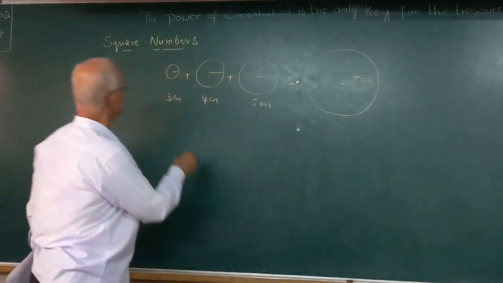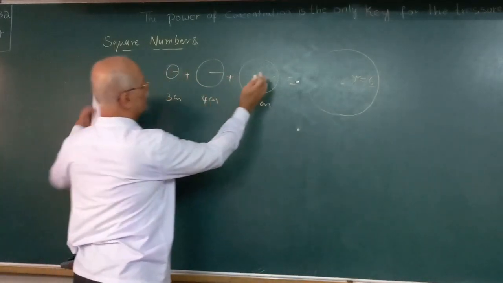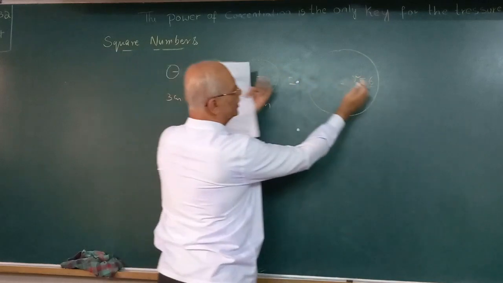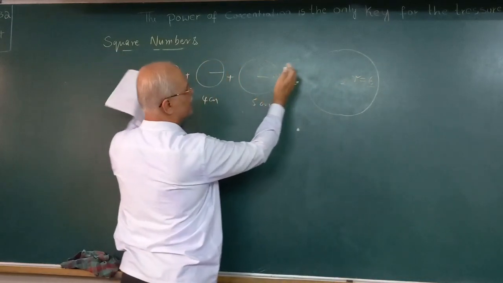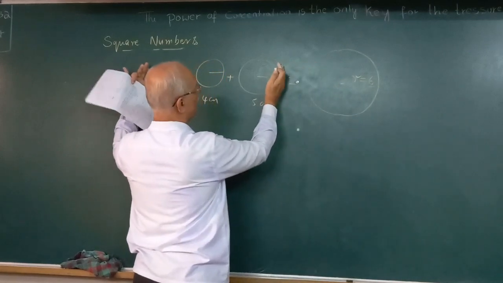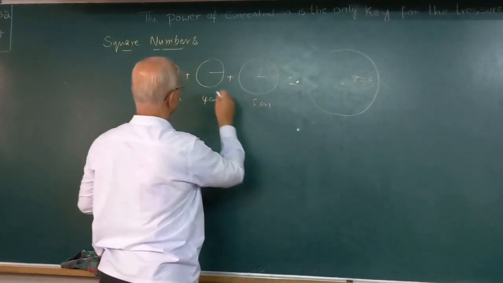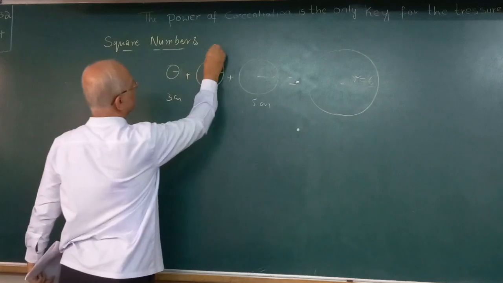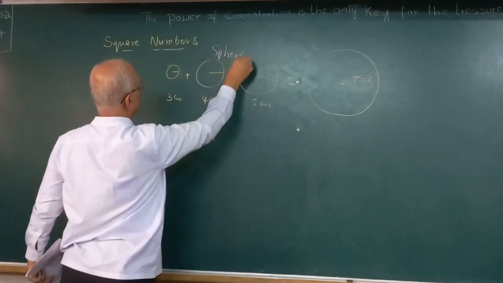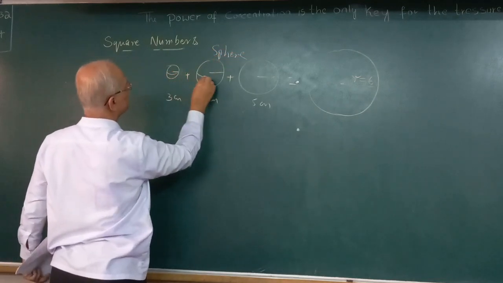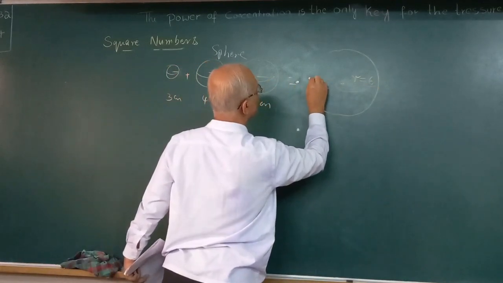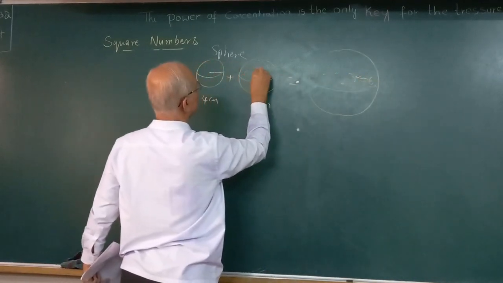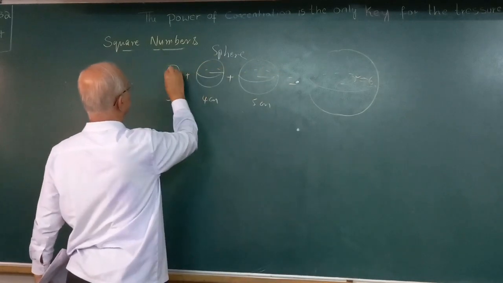You see, the volume of all the 3 is equal to the volume of this ball, because we have melted and made one single ball. Volume of all the 3 will be equal to this. So what is the volume of these? They are all spheres. A sphere we usually write with this curved line. If you show this curved line, that means it is a sphere. Otherwise, it looks like a circle.